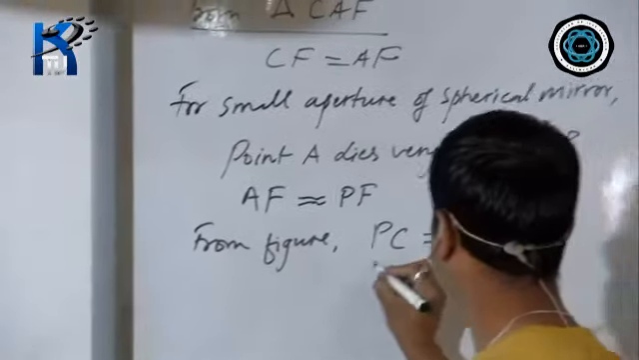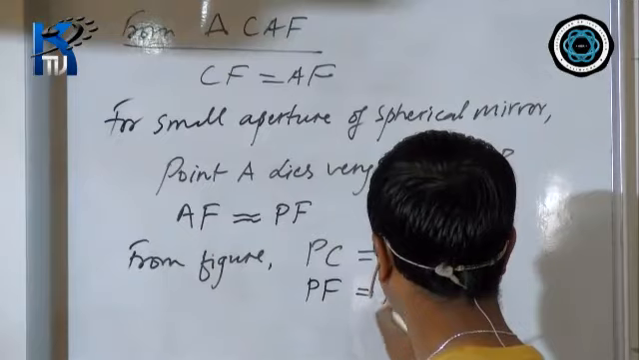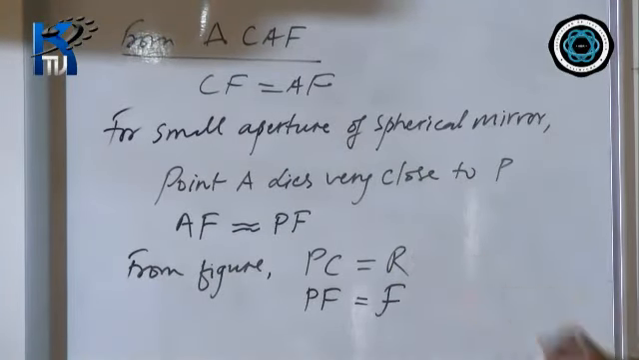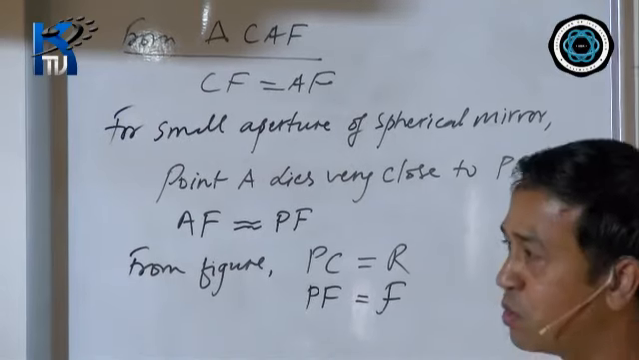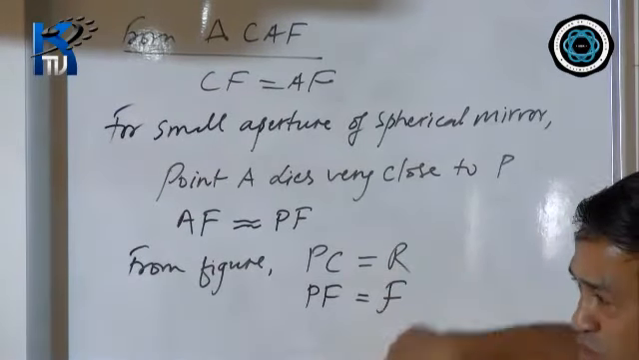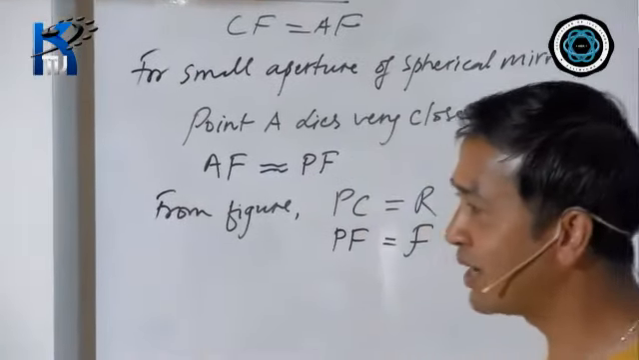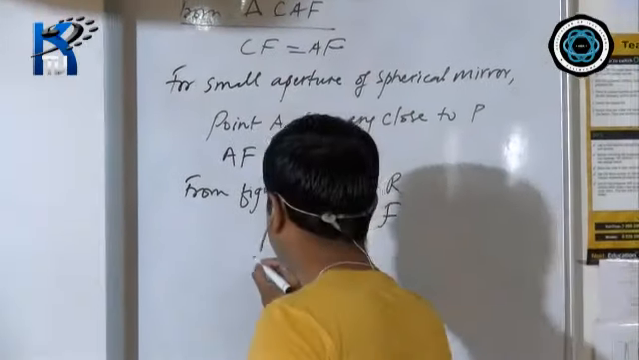PF is already equal to small letter f. What is small letter f? Focal length. And what is capital letter R? That is the radius of curvature. Now, when these two are the terms that we have already expressed in the diagram, then I can even write